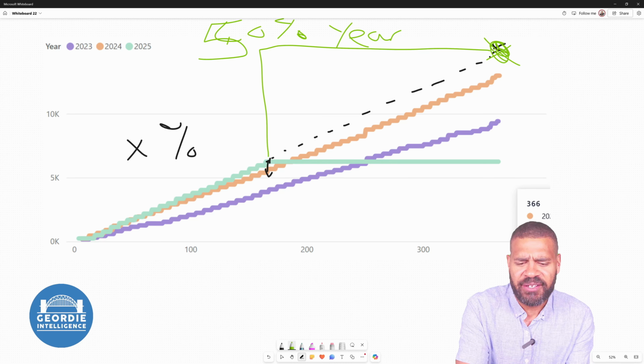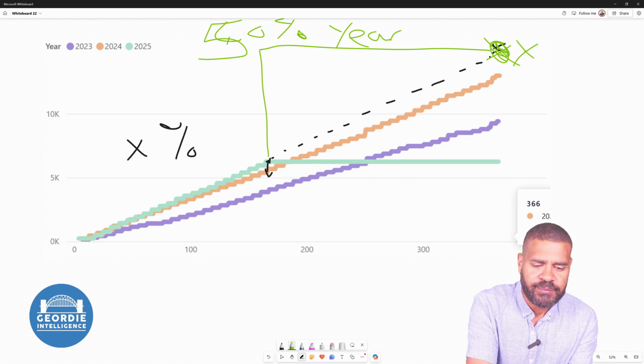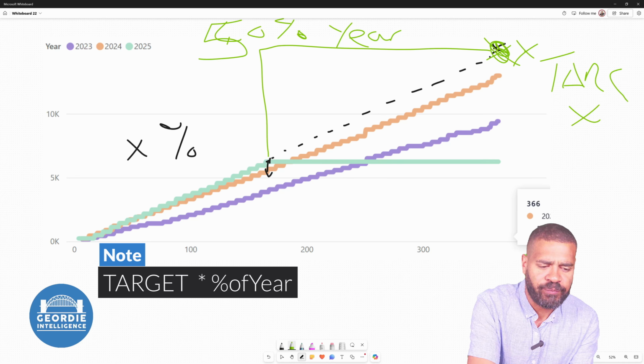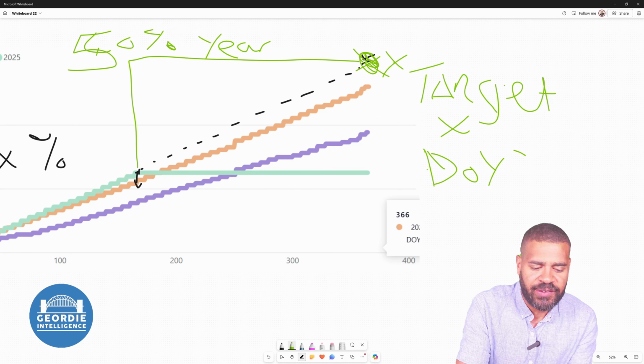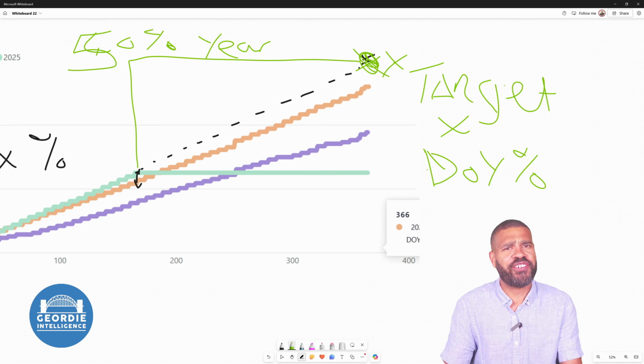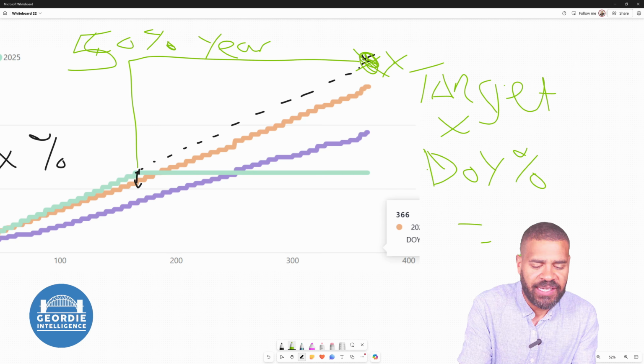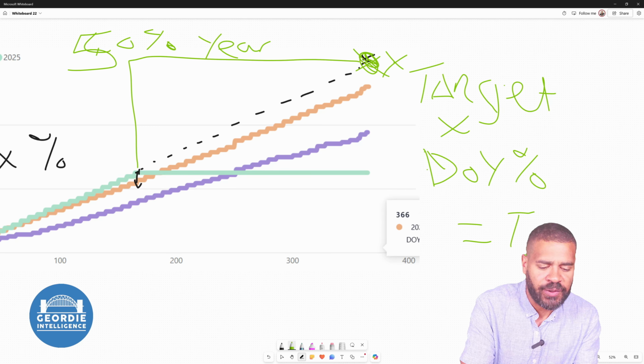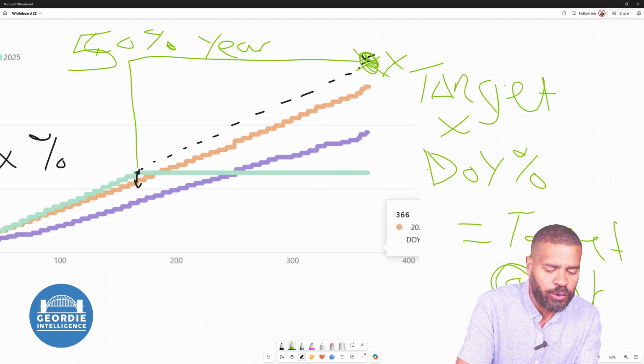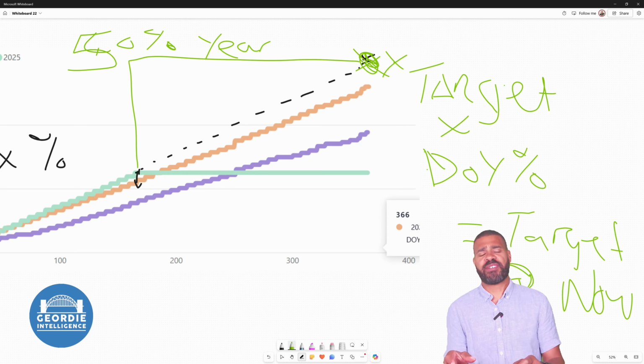So if we take that value here, multiply it: target multiplied by day of year percentage, so what percentage we're through, that equals target at now.